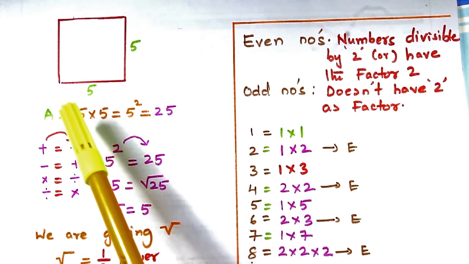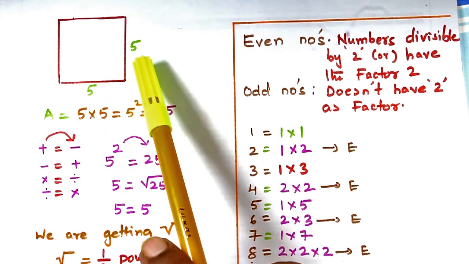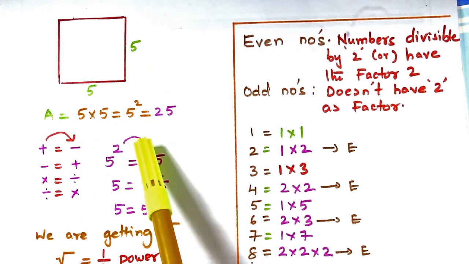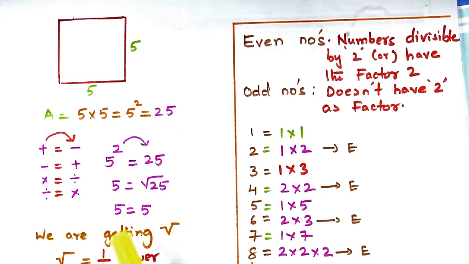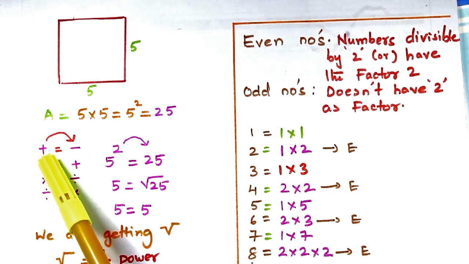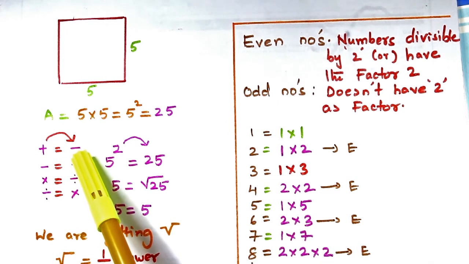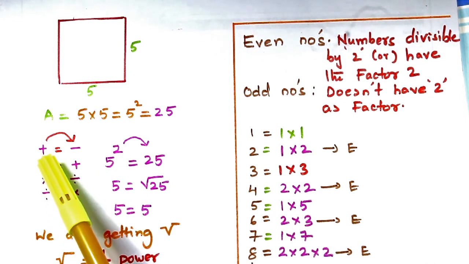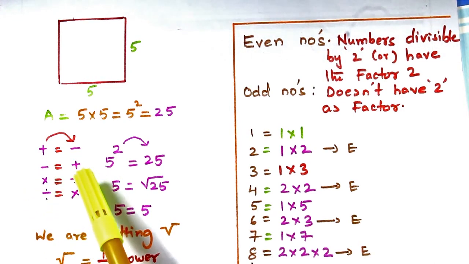So we have a square with the side equal to 5 and 5. The area of the square is equal to 5 into 5, that is 5 squared, which is equal to 25. We got 5 squared is equal to 25. Now we know that if I send this plus to the other side, I get something which is opposite to that. Plus is opposite to negative, negative is opposite to plus,